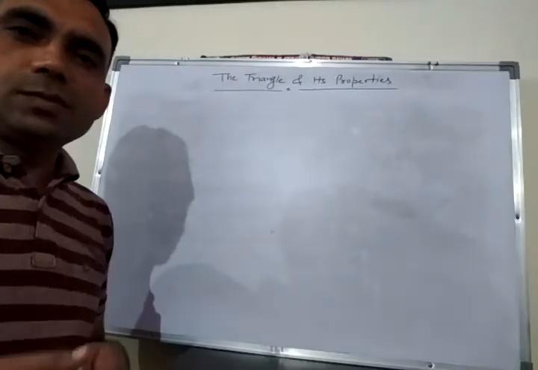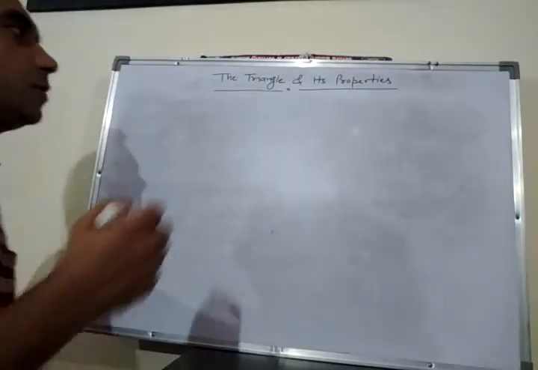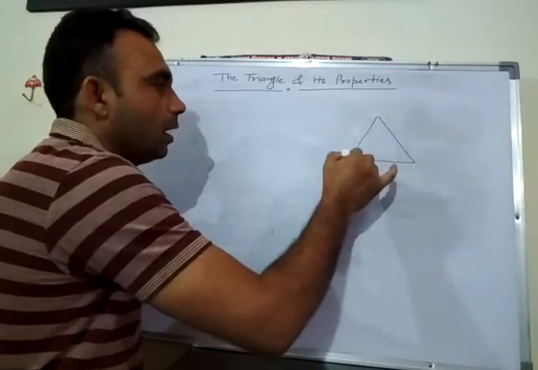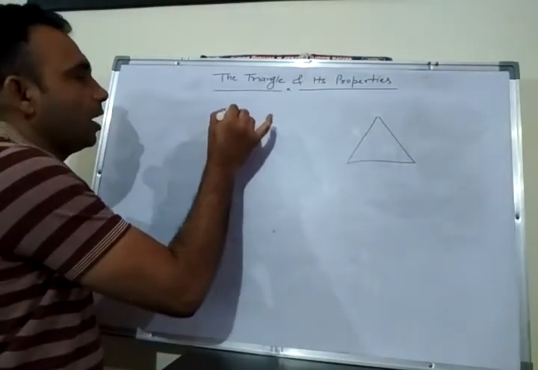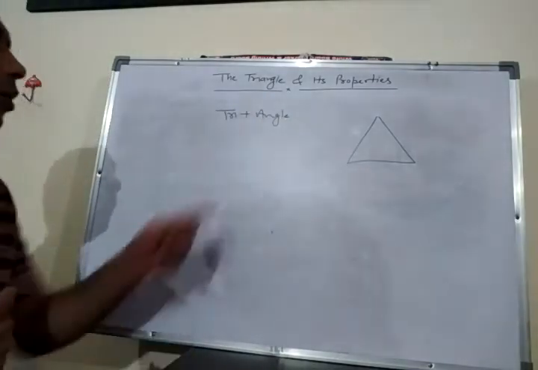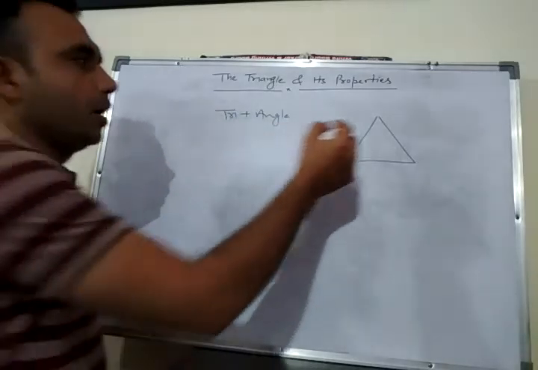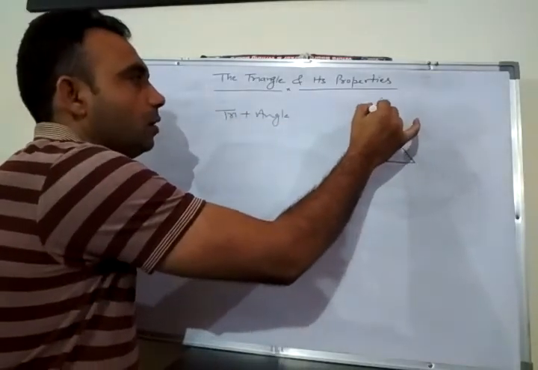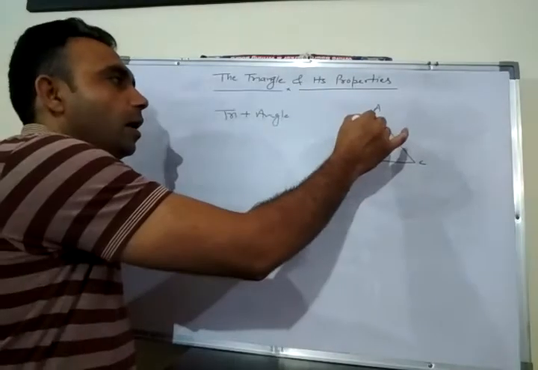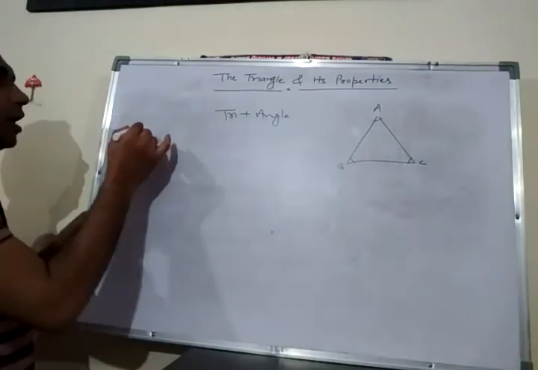Good morning, students. The next chapter is the triangle and its properties. Chapter 6, Triangle. What is a triangle? Triangle implies tri plus angle. So, that figure which is closed and has three angles is called a triangle. Let this be a closed figure ABC, which has three interior angles, angle A, angle B, and angle C. So, what is a triangle?